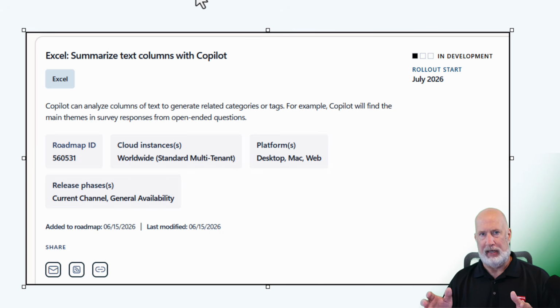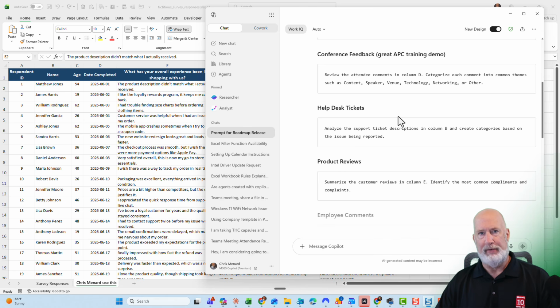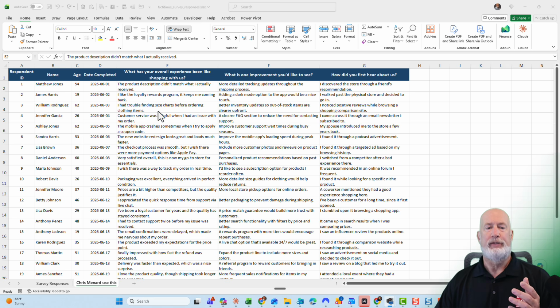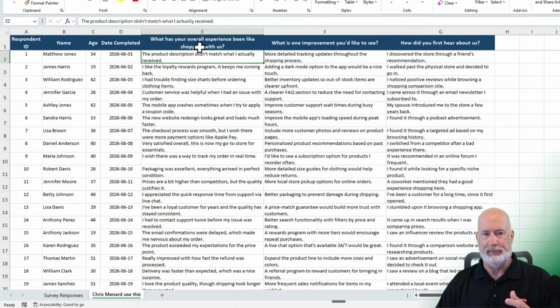summarize text columns. So, as an example of items you would want to summarize, you may want to do some customer survey responses, possibly conference feedback, help desk tickets would be great, and maybe even product reviews. So, for my example, I have an Excel file running with some fictitious data. The data that I care about for this example to see how this works happens to be sitting over here